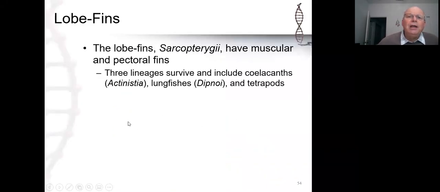Then we have two lines of fish that belong to a clade called Sarcopterygii. These are the lobed fin fish. These have a structure that is more akin to the structure of limbs. In fact, the beginning of the limb structure is seen within the lobed fin. So rather than having fine, narrow rays of bones supporting the fins, these have more defined bones that show the beginnings of limb-like structure, particularly in the pectoral fins, not so much in the pelvic fins, but very much so